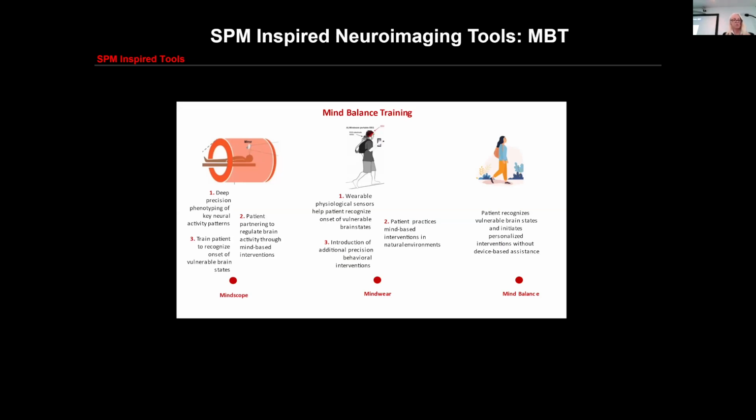And basically here we have people in the scanner, and we do multimodal deep precision phenotyping, trying to identify a fingerprint, if you will, an fMRI fingerprint that corresponds to a particular symptom, say rumination. And then we partner with the patient to learn how to modulate that fingerprint or that feature with, say, real-time neurofeedback. And then we capture the electrophysiological correlate of that fingerprint because we're doing simultaneous EEG-fMRI, which we then couple with physiological sensors to do digital phenotyping in the real-world context, so that the patient can practice these mind-based interventions in the real world.